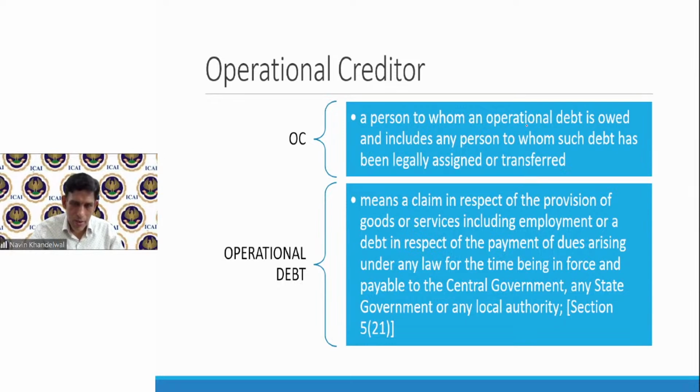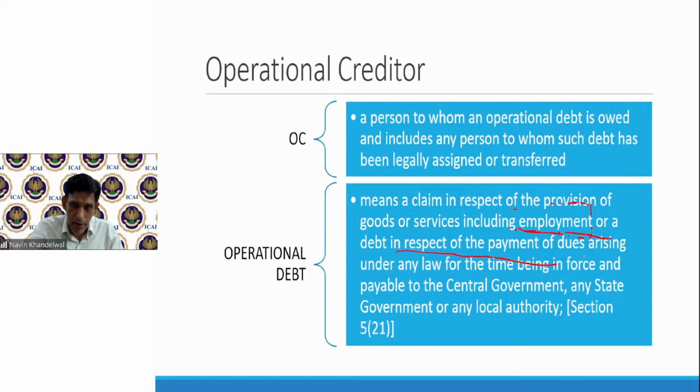Who is an operational creditor? Obviously, a person who has given an operational debt. Now, what is an operational debt? It means a claim in respect of the provision of goods or services, including employment. Very important, please note this. So you have supplied any goods, or as a chartered accountant you provide any services, or you are working in that company,